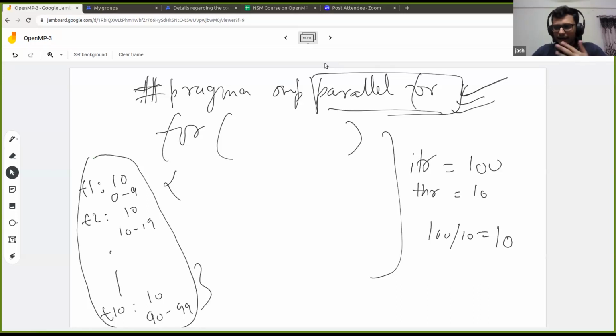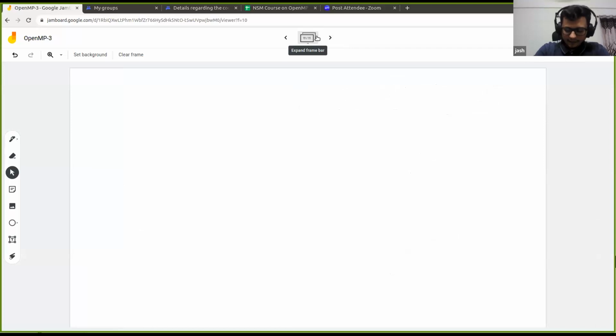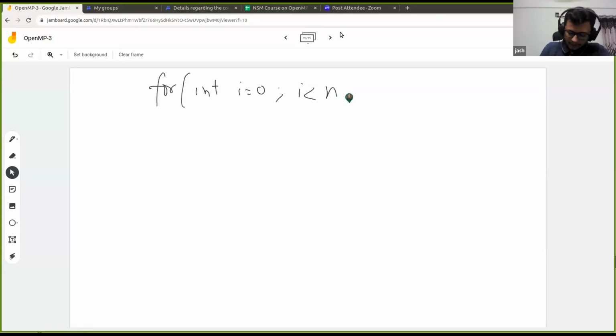To highlight this point, let us consider an example. Let us say that your loop looks something like this, and within this loop you have another for loop, with j equals 0, j less than i, j plus plus.